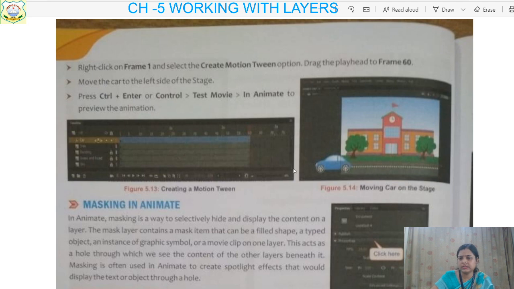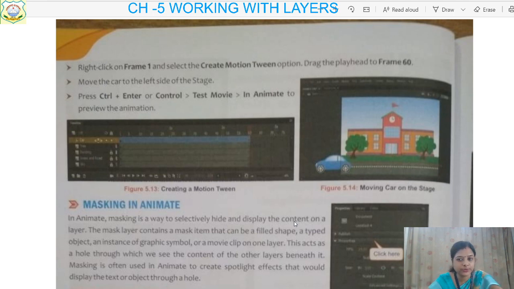Okay, change it into different frames, create motion tween, and then test it by using the Ctrl plus Enter key. So you will see that a car is moving in front of this building. Although all the objects are still images, you are able to see that a car is moving in front of this building.